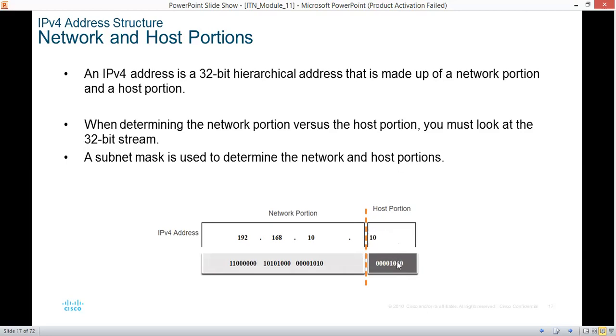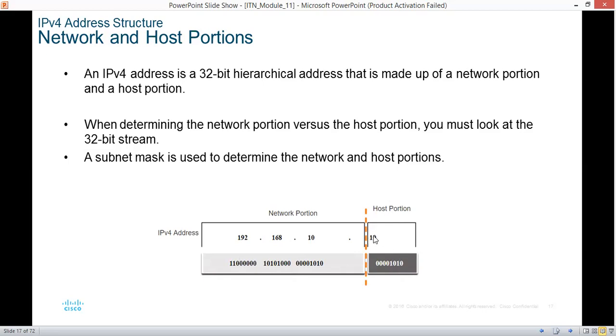The last octet is where you have the host portion. That is where there's some variation. We're talking about the normal default IP scheme. It's actually at the last octet that you can change those numbers. Every other one will remain the same. You don't touch them because you're dealing with